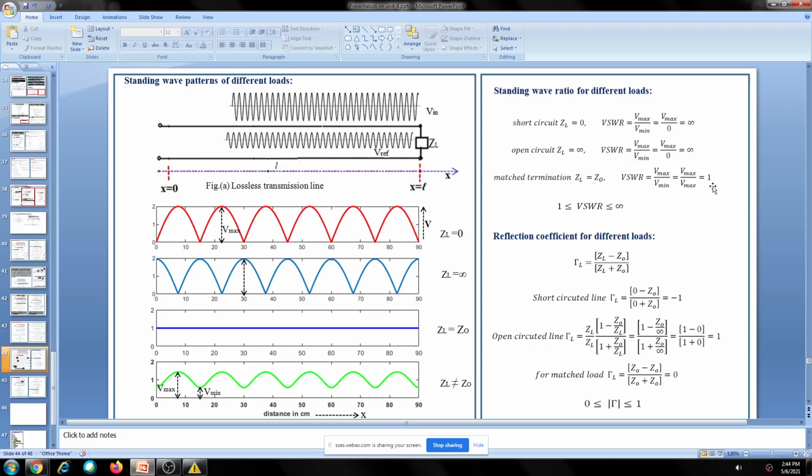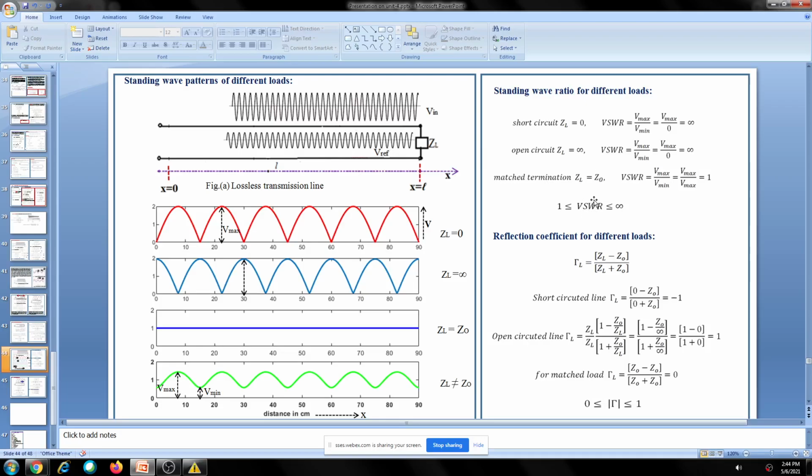Okay, you should bring it to 1. You should change the load, or you should match the load with the 1. So usually we use our VSWR meter that is available in the market. Using that we can measure and we can come to know whether the load is matched with the transmission line or not. It is very important, otherwise reflection will be there. There is a waste of energy, waste of power.